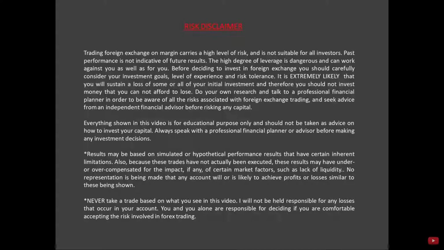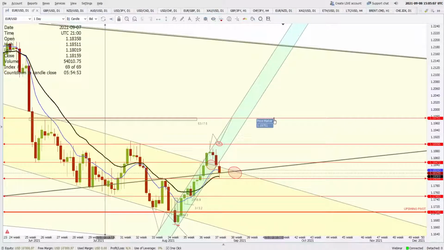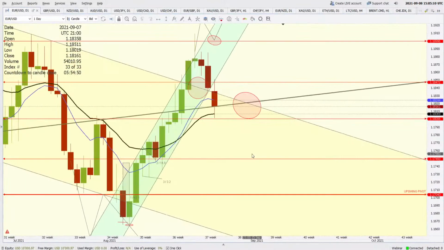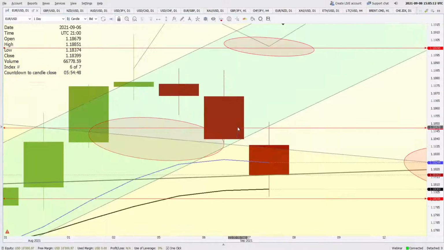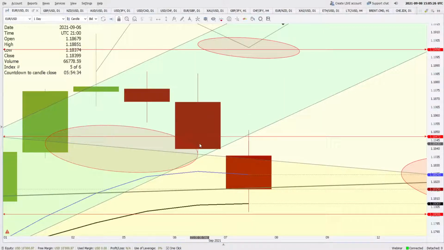Okay, so with this I will start the webinar, and on your screen right now is the daily chart of euro against the US dollar. Till yesterday, we had seen that the price at the time of the webinar was trading at around 1.1847, and we were expecting the price to go to this level at least before it starts going up. But it actually went to that level yesterday and closed somewhere around